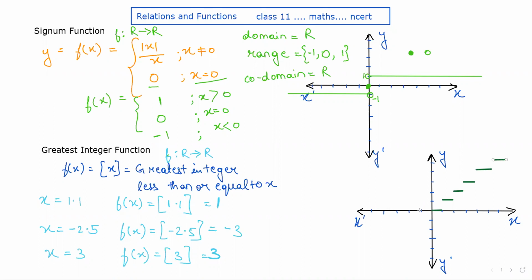Similarly, from 0 to minus 1, you'll always get minus 1. From minus 1 to minus 2, you'll get minus 2. From minus 2 to minus 3, your y value will be equal to minus 3, and so forth. Again, a step kind of structure. Amongst these steps,